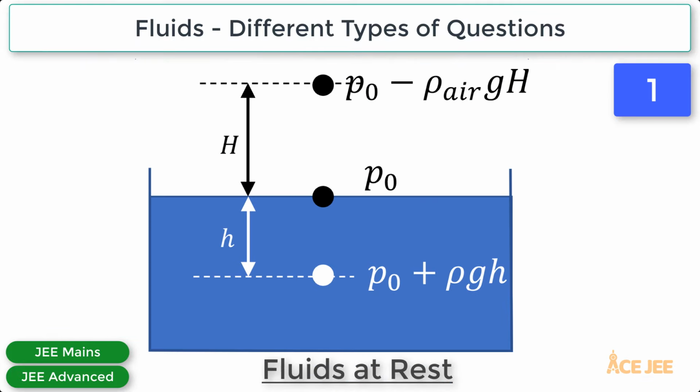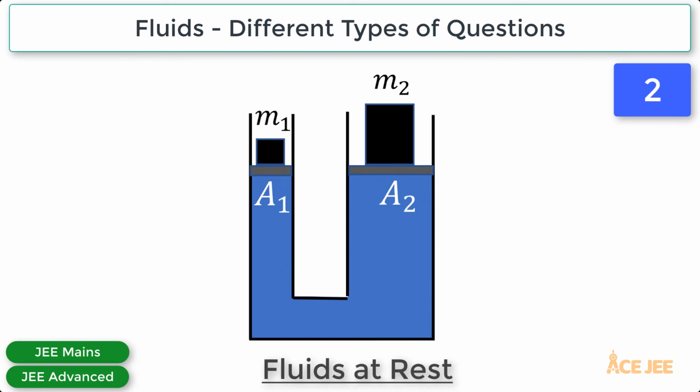In the first one, you might be asked to determine pressure at a depth h inside a fluid of density ρ, given the atmospheric pressure P0 at its surface. Or you might be asked to determine the atmospheric pressure at a certain height, capital H, given atmospheric pressure P0 at the ground. In the second type of question, given a hydraulic lift with cross-sectional areas A1 and A2, you